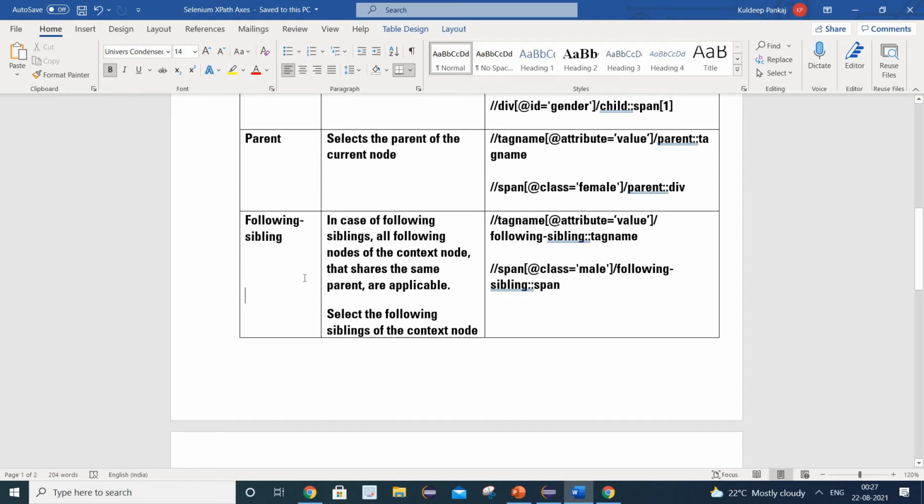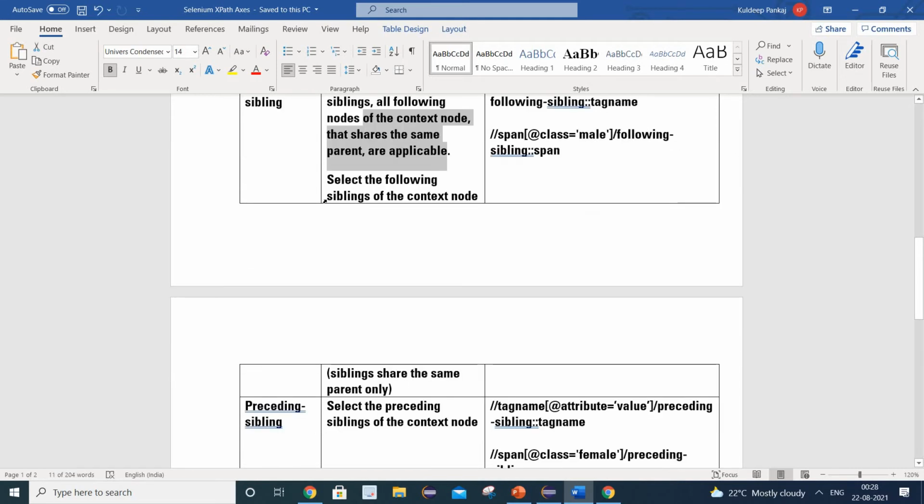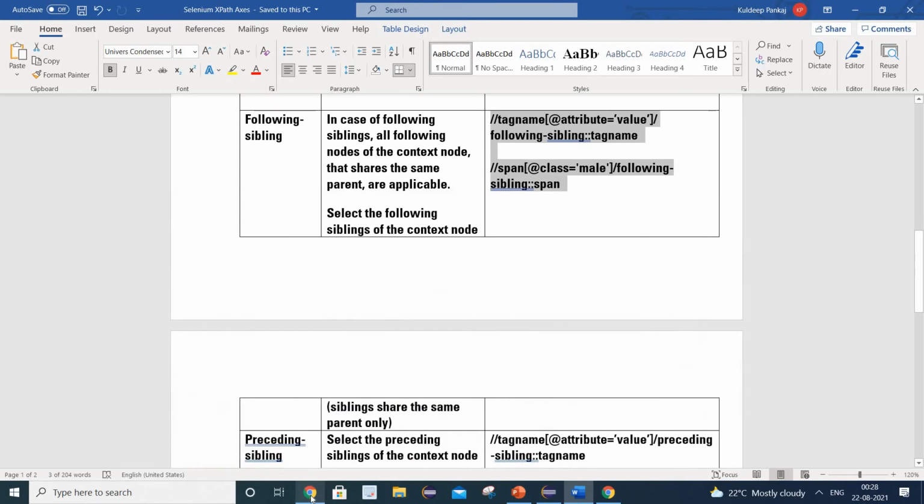Let's see what is the next one. The next one is the following sibling. As per the definition, in case of the following sibling, all the following nodes of the current node that share the same parent are applicable. It selects the following sibling of the context node, and siblings share the same parent only. And here is the syntax for the same. Let's see how we can utilize this method.